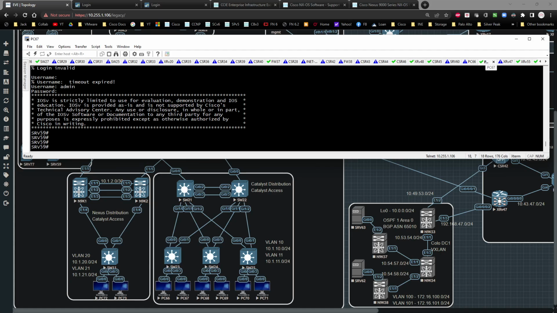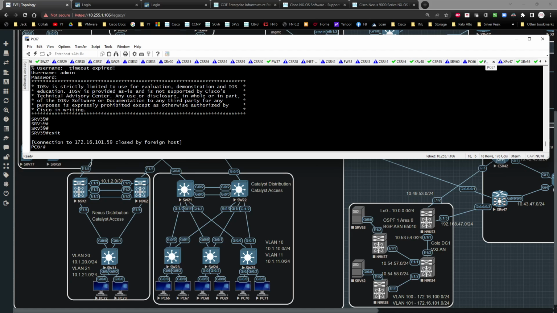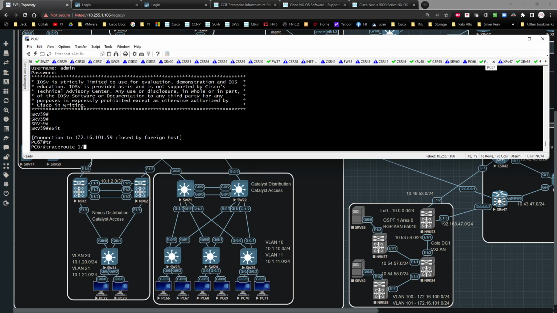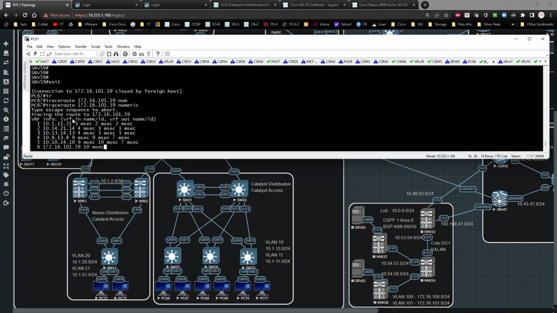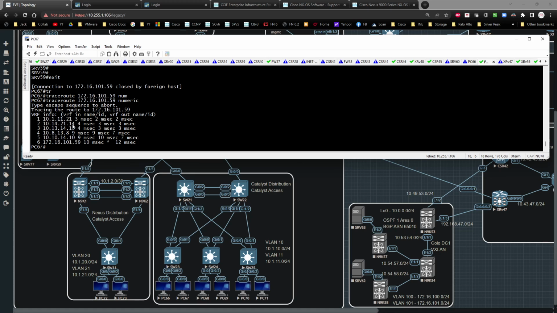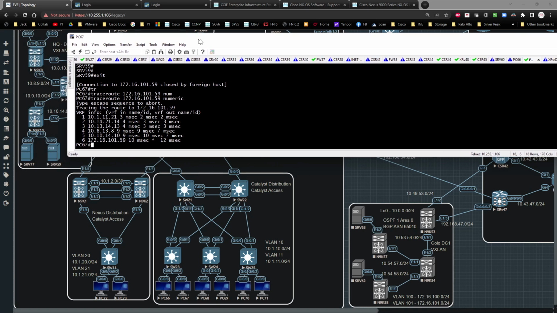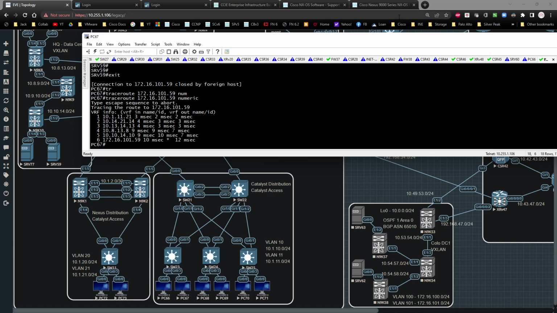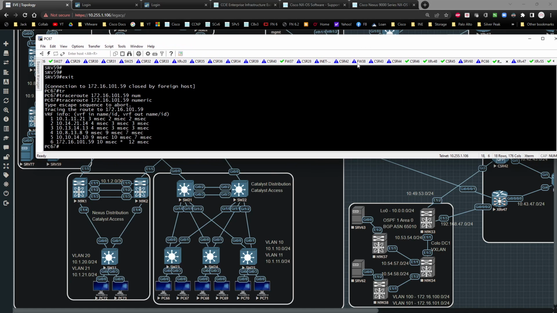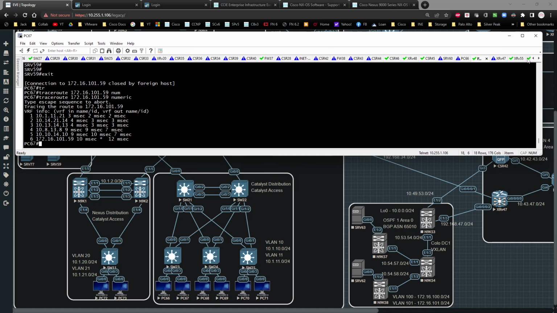So now I have my connection into the server, and if I was to exit out and do a trace route to 172.16.101.59 numerically, I'm going to hit my gateway on 21, then go to CSR 14, then CSR 13, then jump over to Nexus 8, jump across to Nexus 10, and then land on where I've got to go. So that's exactly what you'd want to do. So for whatever reason, switch 22, and I will do a little bit of investigation as to why that's giving me heartburn. Let's see what 22's got to say for itself, because